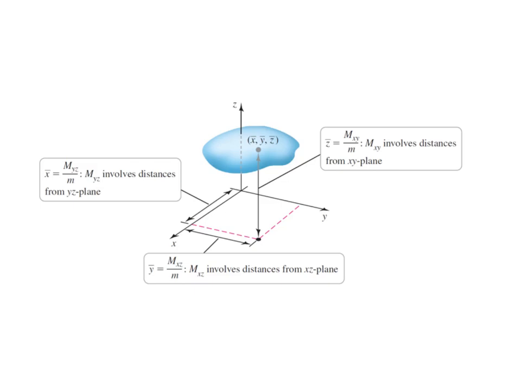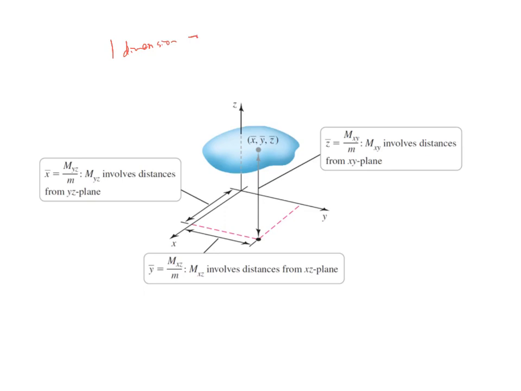Now in the last part of the section, we're going to look at the centroid in 3 dimensions, and that of course gets much more fun. We have to compute an x bar, a y bar, and a z bar when we're working in 3 dimensions. X bar has a moment about the yz plane, y bar has a moment about the xz plane, and z bar is the moment about the xy plane. Okay, most of the time the regions are going to be symmetric so that you don't have to do as many integrals, because in 1 dimension, let me write this down, in 1 dimension